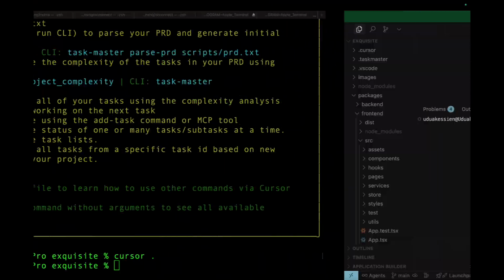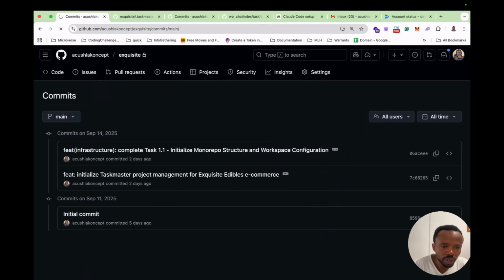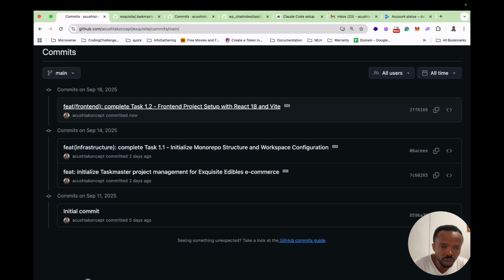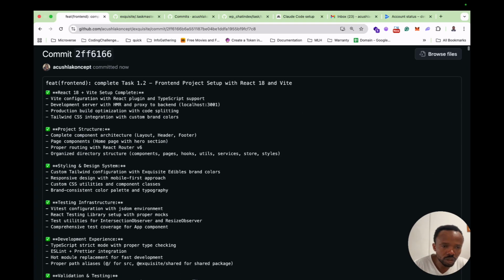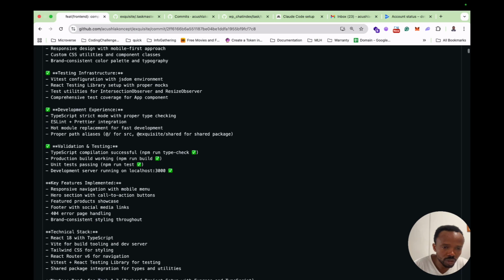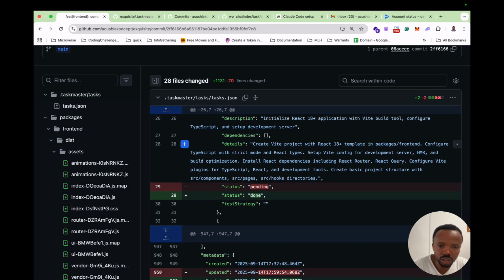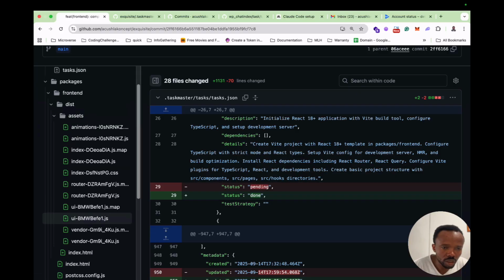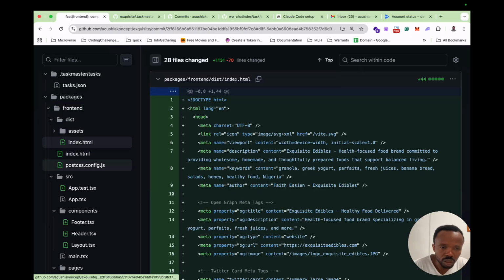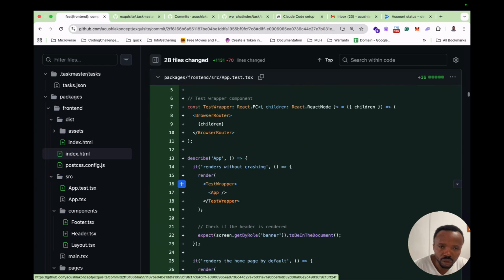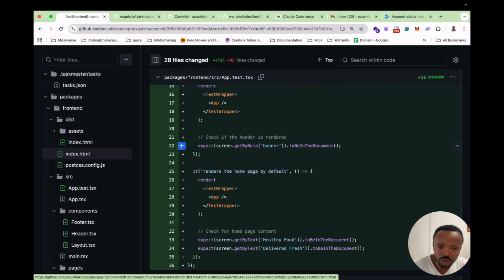Let's see. If I refresh this, you notice Stacks 1.2 front end setup. If we open it, we can see what was done. React 18, project structure, styling and design, testing infrastructure, development experience, validation testing, key features. So what were the changes? So we have assets. I'm not sure what these are. JS files, index, HTML, front end setup, expect screen, banner,